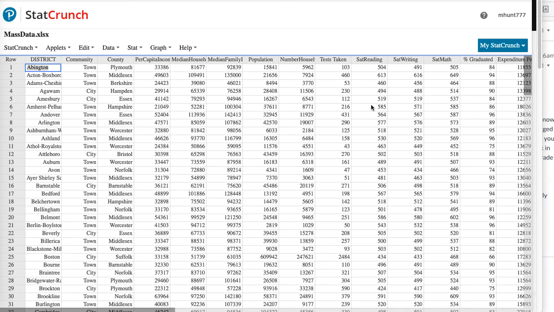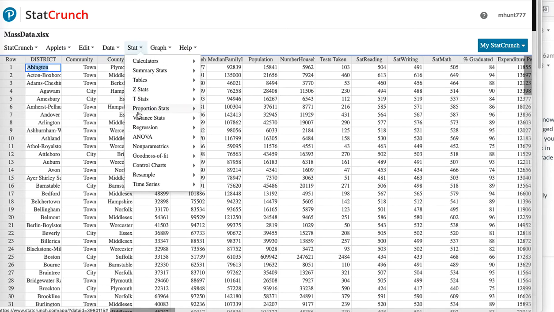Hi students, today I'd like to show you how to use StatCrunch to perform simple linear regression. I have a data set consisting of a lot of variables across multiple cities and towns, school districts in the greater Boston area. And what I'd like to do is a simple linear regression,